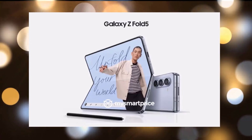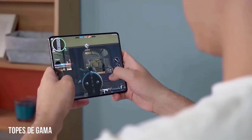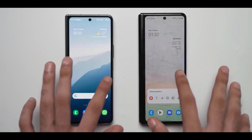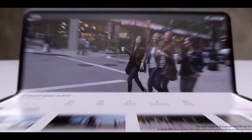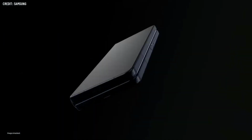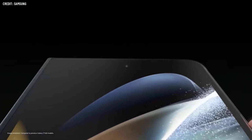Specifications for the Samsung Galaxy Z Flip 5 have been further confirmed by leaker Yogesh Brar. A 7.6-inch AMOLED foldable screen with a 120Hz refresh rate and a 6.2-inch external display with HD+ quality are believed to be included in the phone, according to the leak. The device's processor is most likely a Snapdragon 8 Gen 2 SoC with up to 12GB of RAM and 1TB